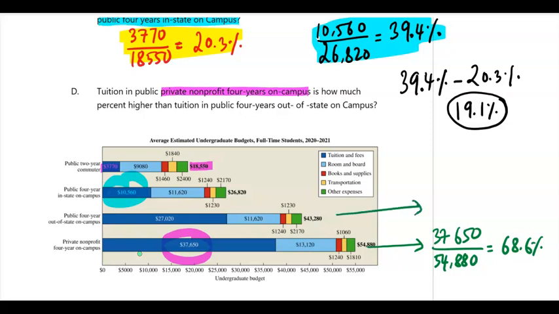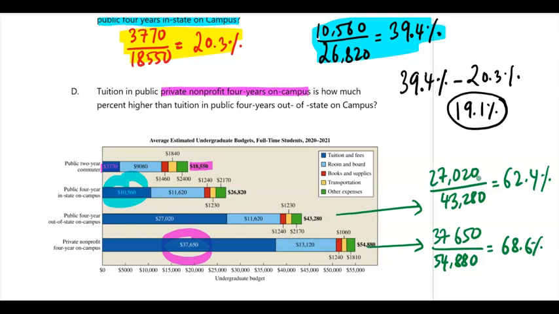Now the tuition percentage for 4-year out-of-state on campus is $27,020 divided by 43,280, the total cost. And the percentage of tuition is going to be